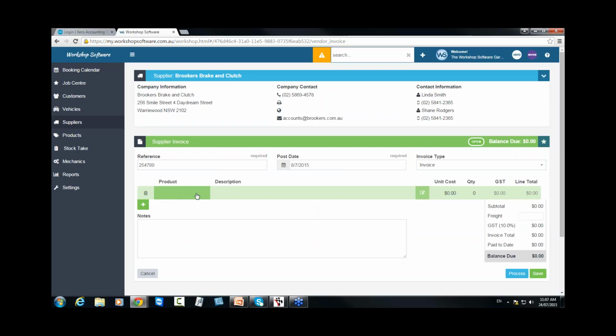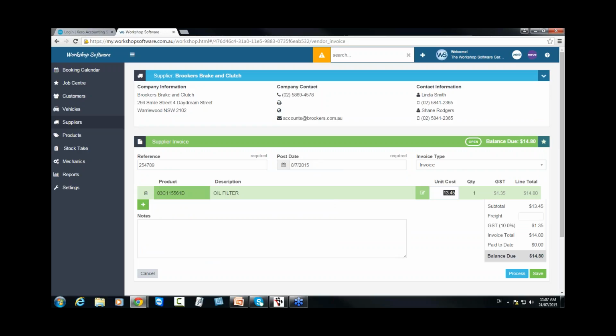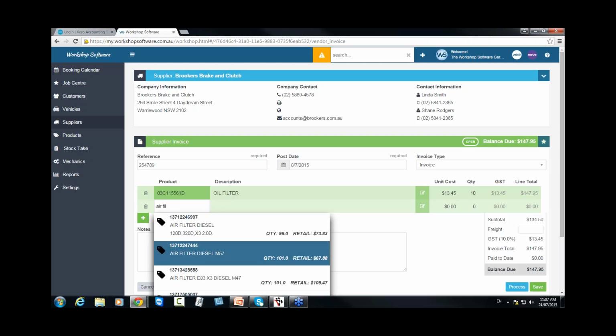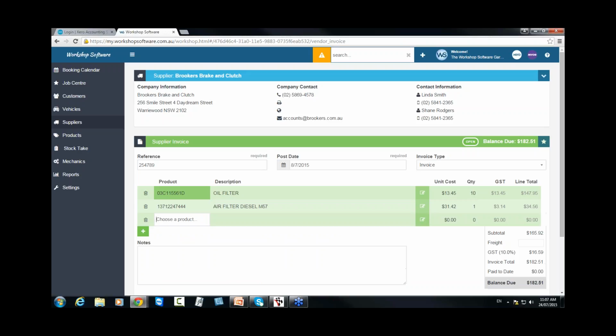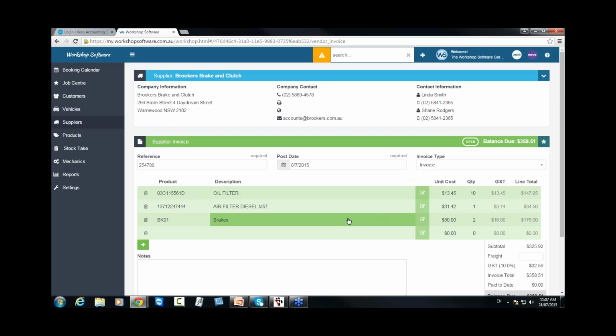Okay, and now, because we don't have a stock order, it's just a matter of putting in the product. So we ordered some oil, so an oil filter as an example, we ordered 10 of them. We ordered an air filter, one of those, and we ordered maybe some brakes. And now they were costing us $80 and we ordered 2 of them. Okay, now once everything matches, which is $358.51,